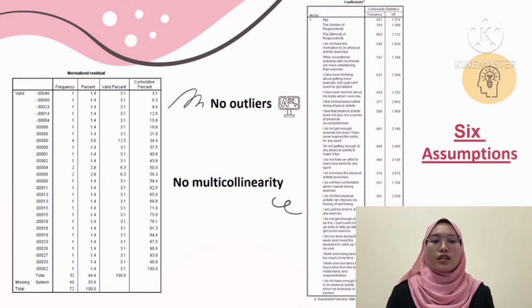Lastly, no multicollinearity exists since no value in the VIF column exceeds 10. The value in tolerance is also not below 0.1, and lastly, the average of VIF and tolerance are also not below 2.0. Thus, multinomial logistic regression could proceed.